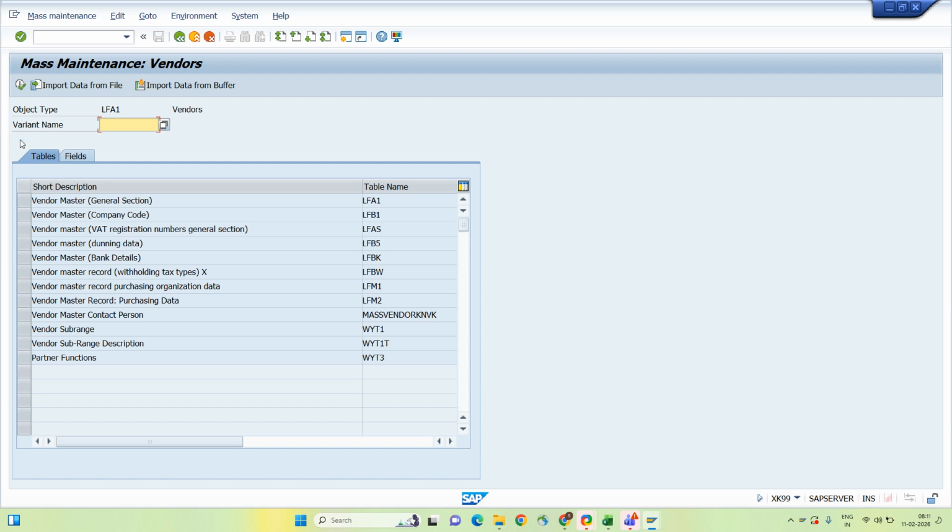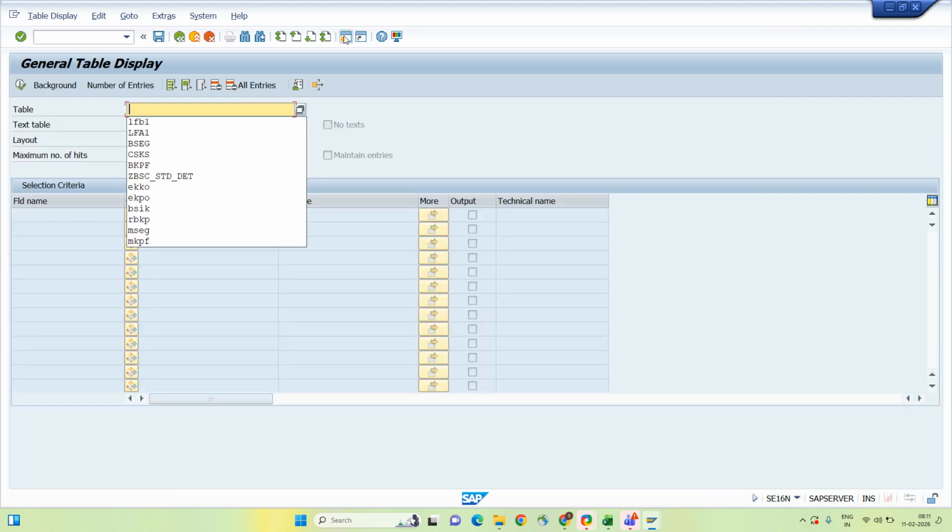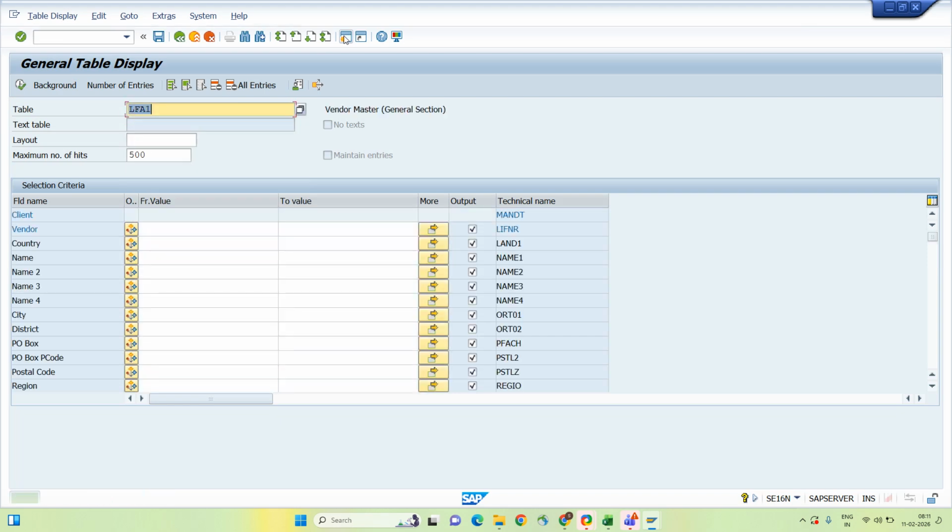Whenever you want to change any fields in SAP, those fields will be there in the tables. In SAP, whenever you create any type of data, irrespective of type, like customer master, vendor master, GL master, or even transaction data, everything will be stored at the table level. As I told in the previous class, you can see here some of the tables like LFA1, which stores the vendor master general data, and